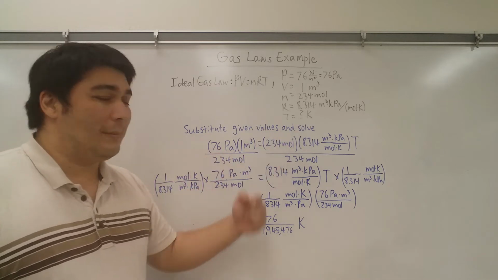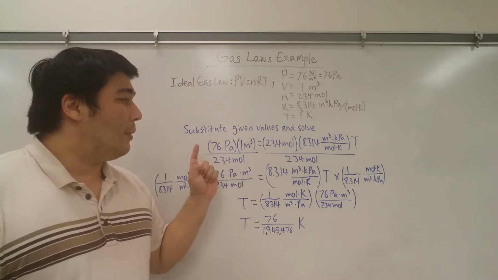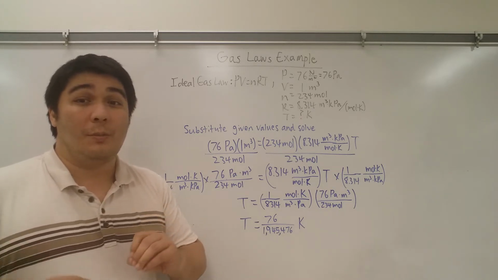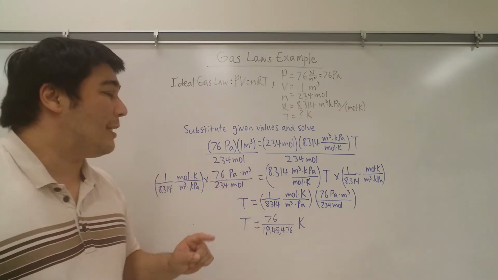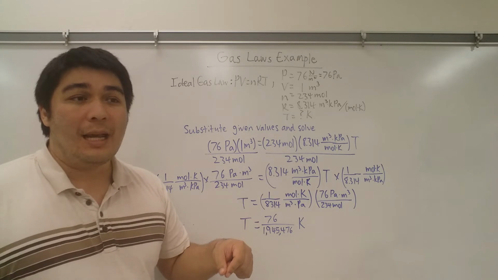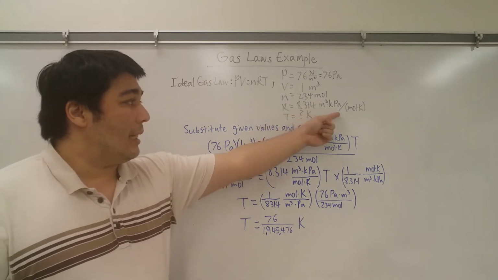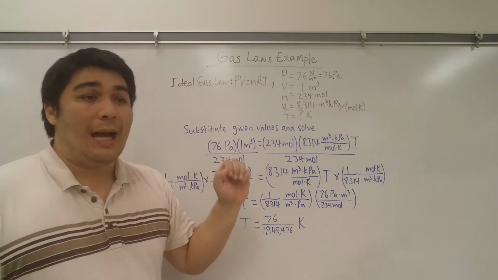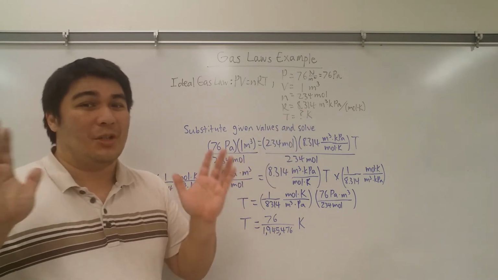So after I plugged in all of my numbers, I'm not going to read that again because I just did that over here. What I'm going to do is 2 things. First, I'm going to set this problem up the more complete version. I don't use the shortcut method that I did in the last video. The reason I do that is because I want you to see how I actually deal with the units. Because a lot of times, even when I was in chemistry myself, this constant right here kind of messed with my head a little bit in terms of how complex it was, at least in terms of the units. So a lot of times I would just say, I'm just going to try and ignore the units,